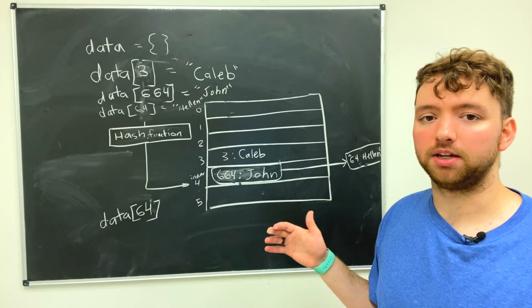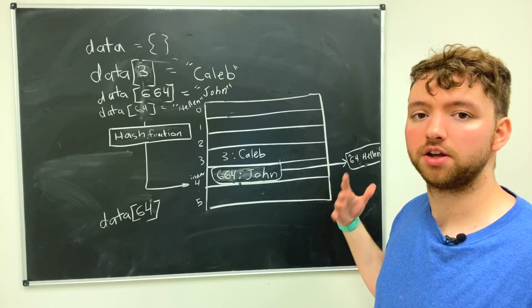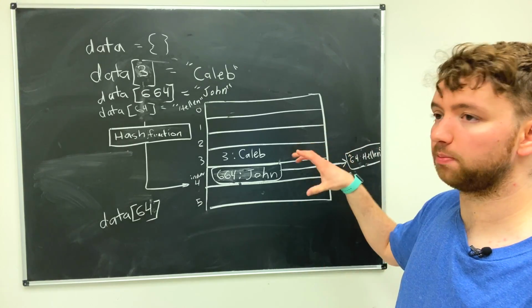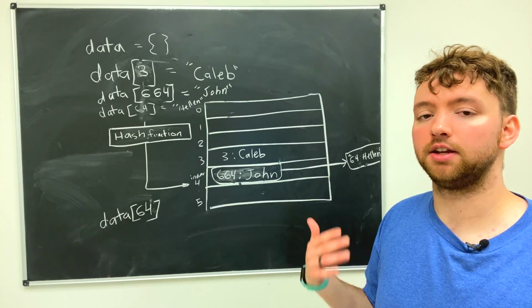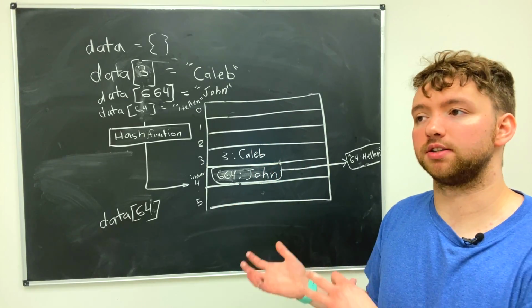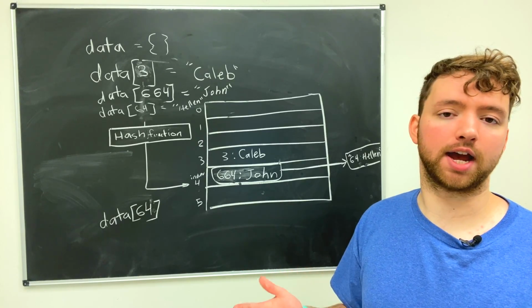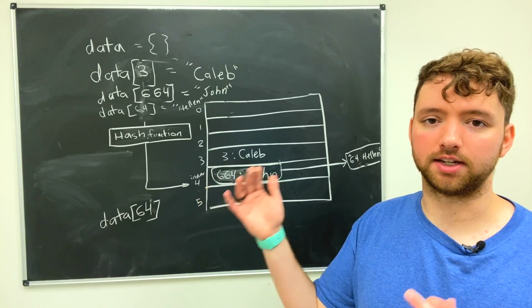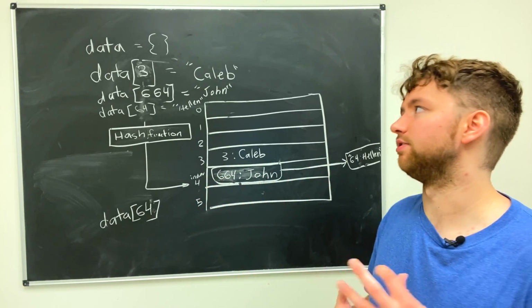But anyways, I think I'm getting into the weeds. If you want to know more of that information, you can research that. So beyond the different ways to do collision resolution, you can look up how these data structures are dynamically resized and when that happens and what is the cost of doing that. There's all kinds of different things you can research with hash tables that I'm not going to get into in this video, but that's just because this is the intro data structures course. But hopefully we'll get into this stuff in more detail